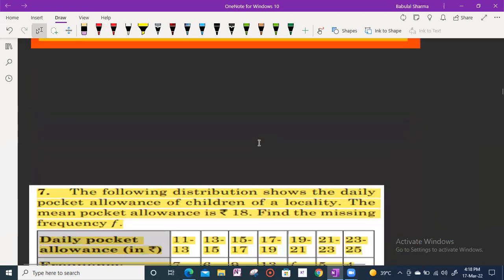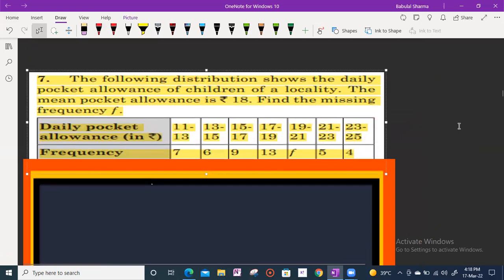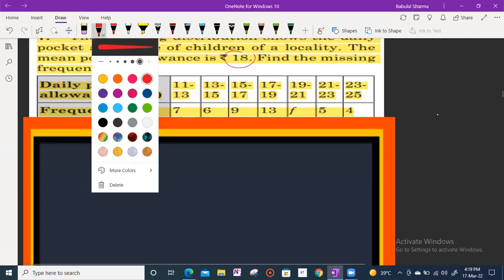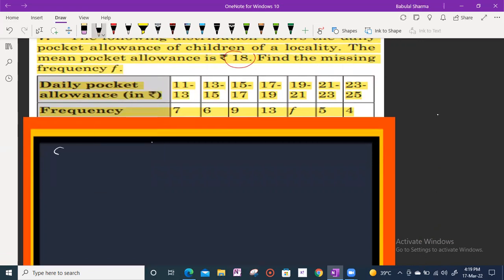Now we come to the next question. Please read the question twice. The following distribution shows the daily pocket allowance of children of a locality. The mean pocket allowance is rupees 18. This mean is given. Find the missing frequency. So first of all, to solve these type of questions, we can write here first